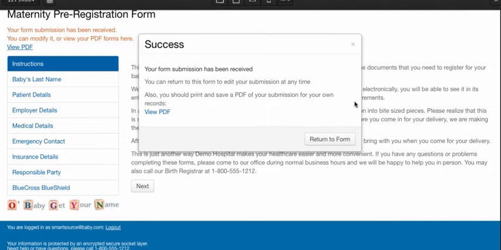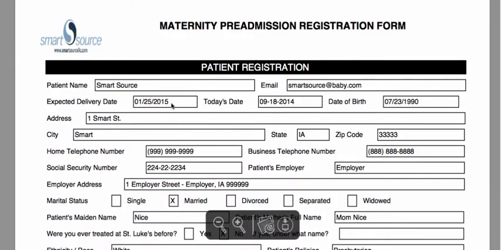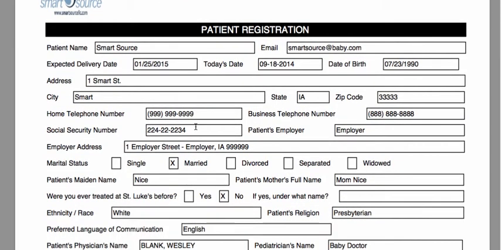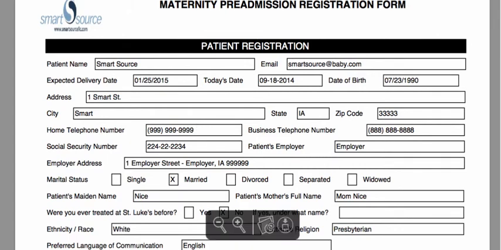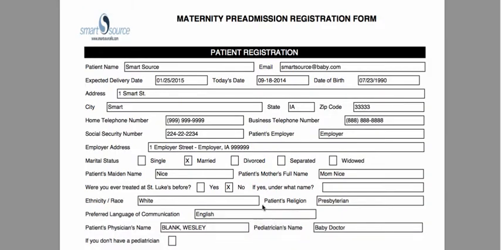And they have a couple of options. They can just exit out, they can return to the form, or they can view the form that they just completed. So I'm going to click View PDF,